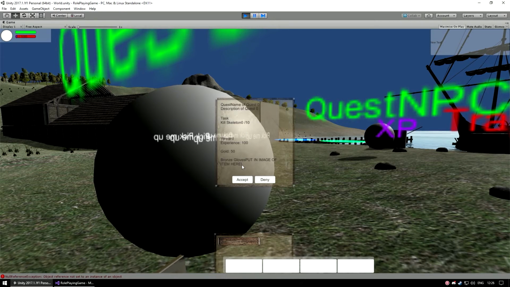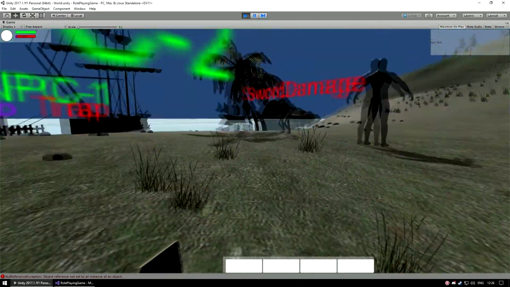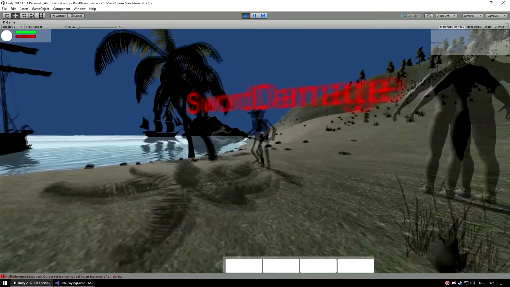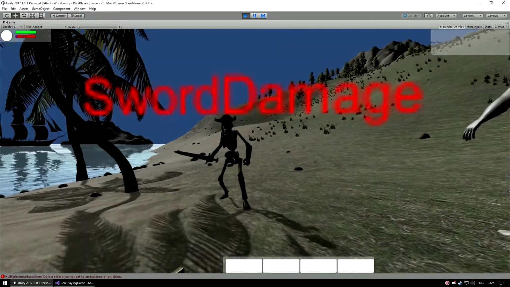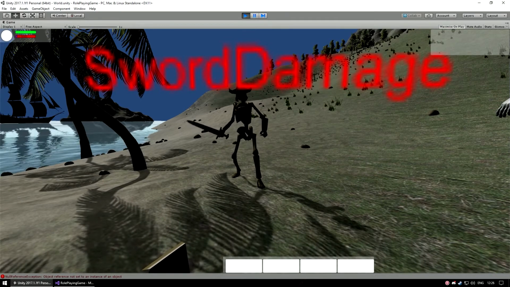As I said, the fighting system isn't working right now, so I had to write a workaround for it, so that the quest system is already working. Another thing that I did is I implemented a key to actually increase the kills of my skeletons. So we're going to accept the quest, and over there, this is the sword damage guy is the skeleton, and if we took it our